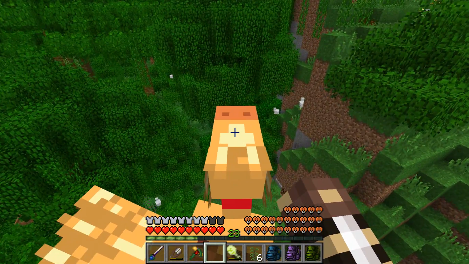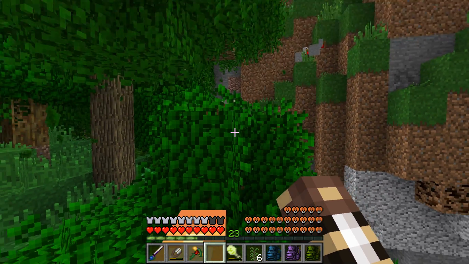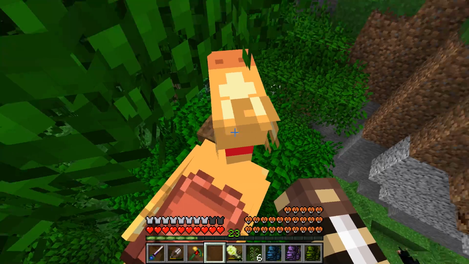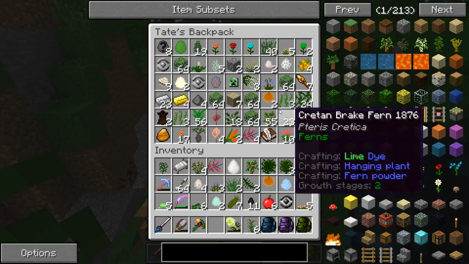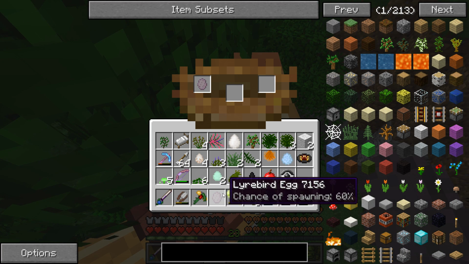Lots of... Ooh, there's a couple more eggs over here. I wonder if they're chicken eggs, because there's a lot of chicken eggs around here. Alright, now that we have a second toucan egg... Lyrebird eggs, but we do have... Do I have lyrebird eggs in my... I do. Okay. We'll go ahead and pick them up because we do want these lyrebirds because they are going